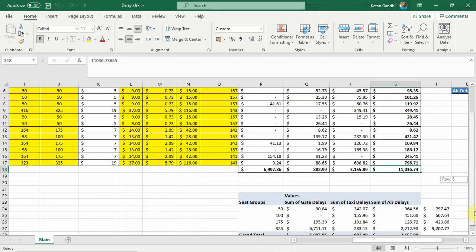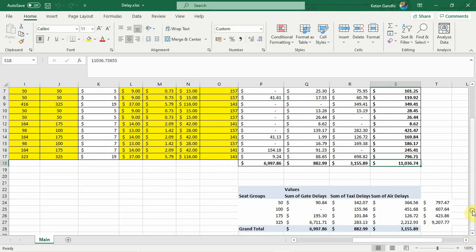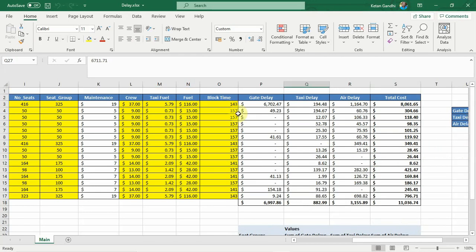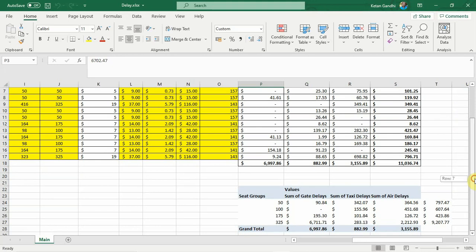$110,367. Now the other thing we can do in this application is to look at which aircraft size had the maximum delays from the gate delays or taxi delays or the air delays. Which aircraft size, 50-seater, 100-seater, 175-seater, or 375. So the gate delay maximum was by a 325-seater, which we saw in the first example, that is Boeing 744, we took the example in this demo,